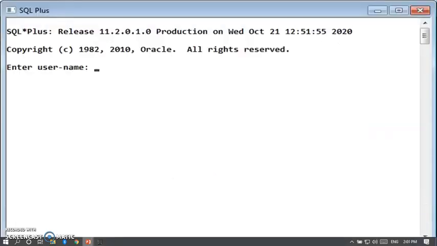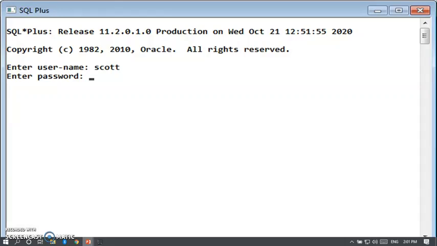Now this is what you get, the first screen when you open your SQL. So here it will be asking for the username. By default we will be using the username as Scott. So once you type Scott and press enter, you will be required to enter a password. Here the password is Tiger. When you type a password, you cannot view any special characters here, so make sure you write your password correctly.